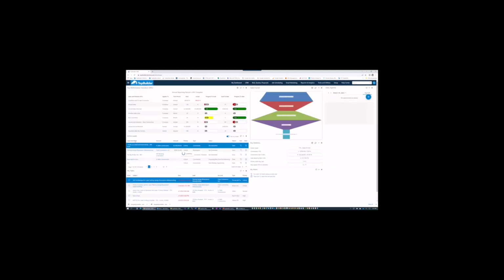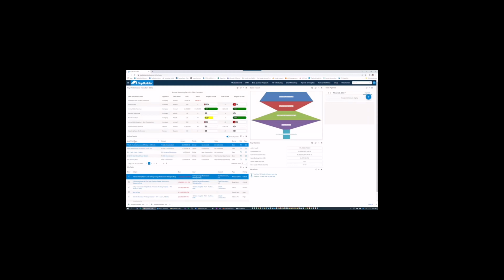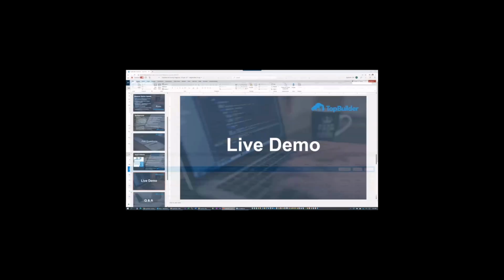Anyways, we'll show you what that quote looks like signed, right in my quoting module here, and you'll see what it looks like coming back as a signed PDF into the quoting module. So that is the demo, and I'm going to go back to the presentation